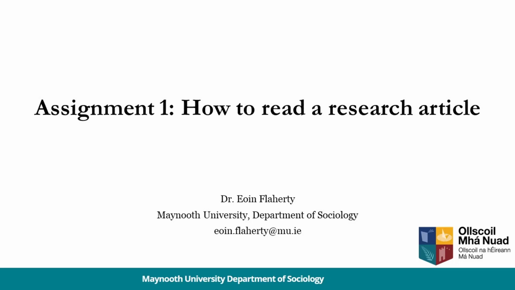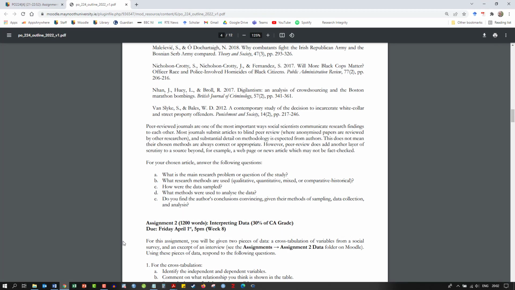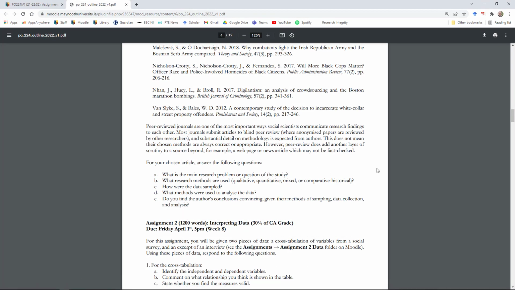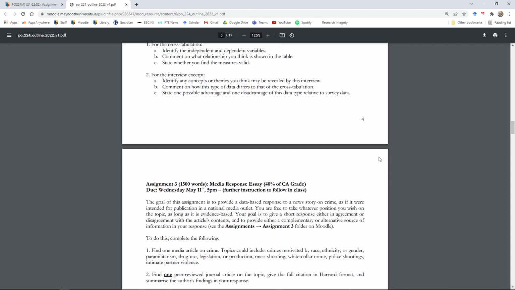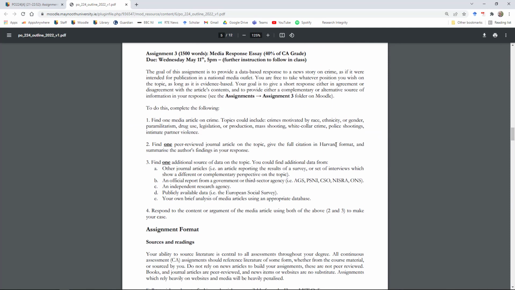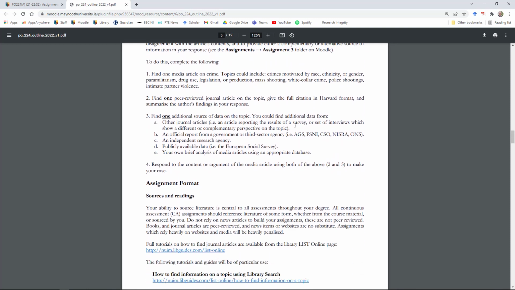So what I've got here are two criminology research articles, and I'm going to talk you through these quickly, and I'm going to talk through them in light of the questions that I've set for assignment 1. So first off, the most important thing to remember is to read the course outline and to read all the course outline. If you look down here towards the bottom, after the text of assignment 3, you'll see that there's